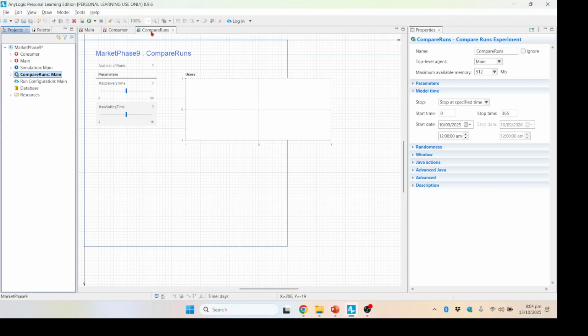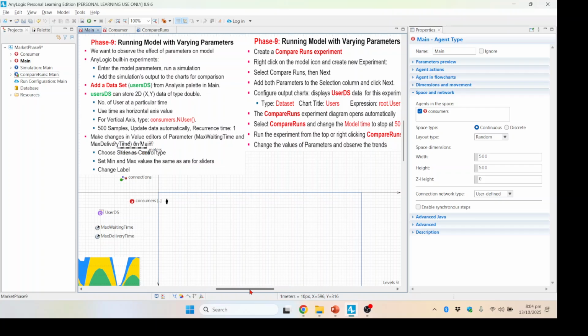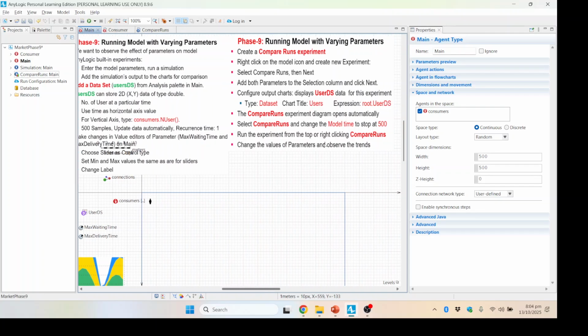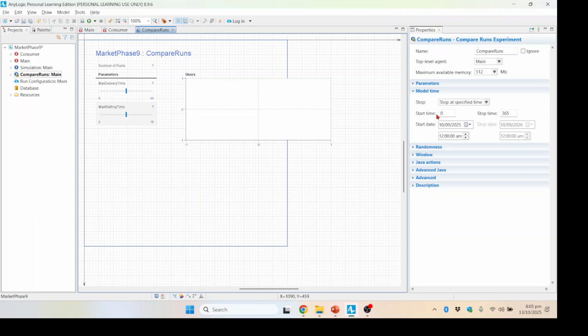Okay, so you see we have another tab here for the compare runs. I'll just go back and show you what the remaining steps are. In the compare run diagram, we have to change the model time to stop at 500. So I'll go back to the compare runs, and here the stop time is 365 because we did it in some of our previous videos when we were making the chart. So I'll make it 500. So that is all